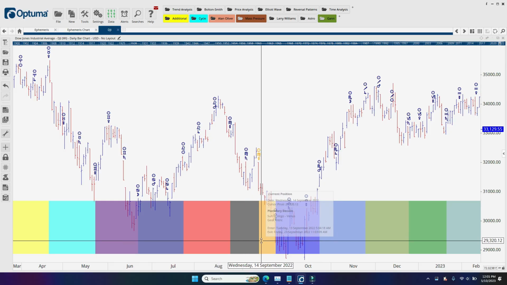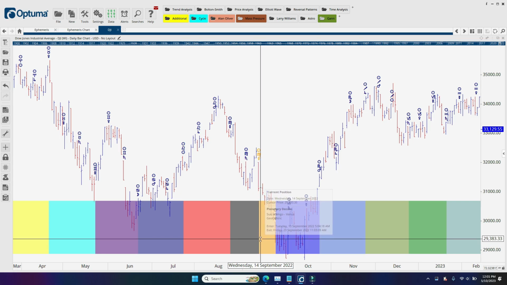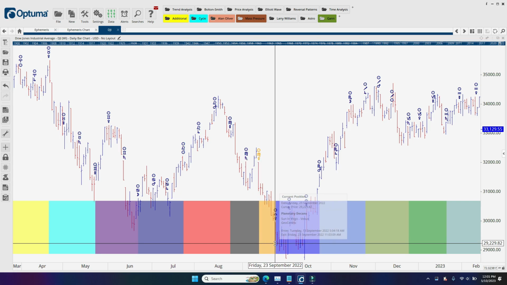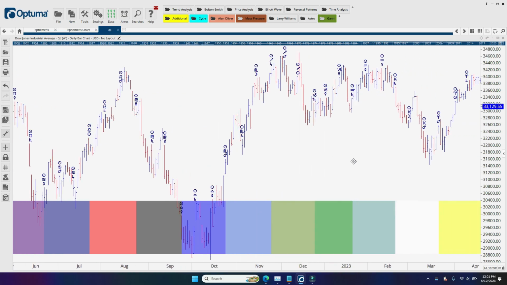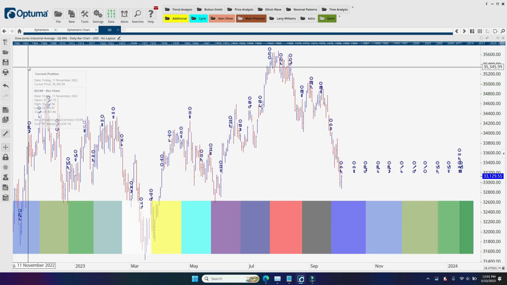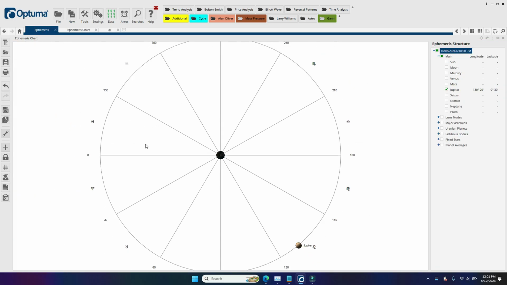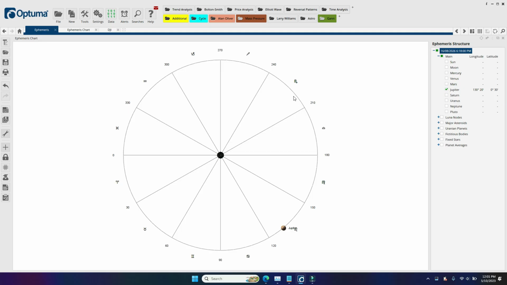You've now narrowed down your time frame, where when something happens in the third decan, or between the 14th to the 23rd, then the market is likely to show some resistance or show some signs of change in trend. Okay, so what we've basically done here is now taking a look at the zodiac sign in a circle,